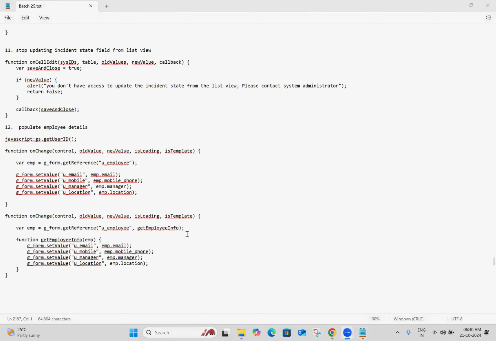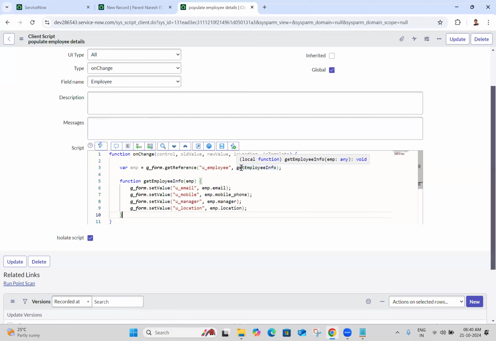Then we can go to another method. When you come here, even here we don't need to declare a function. Directly we can write. So I'm just removing this. Okay. Even